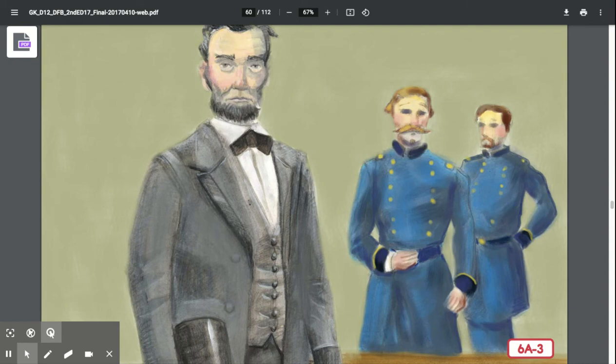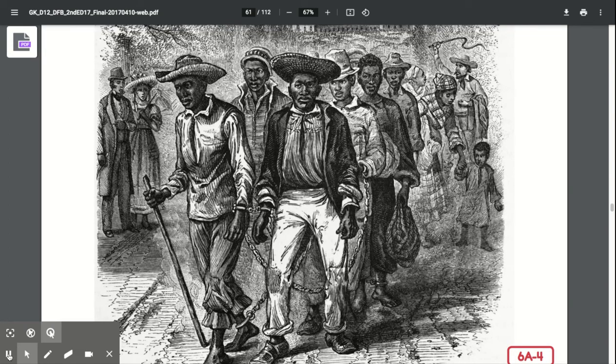Slavery is the situation in which people called enslaved people are forced to work for someone else without pay and without having the freedom to live their lives the way they want. Being an enslaved person was the worst thing a person could be. An enslaved person had to do whatever he or she was told.